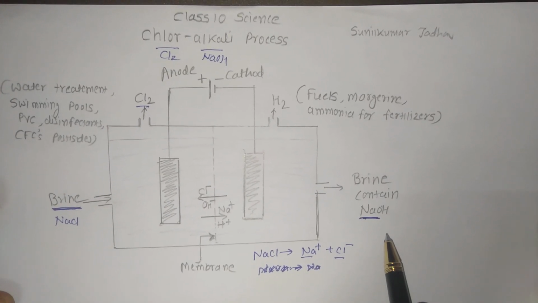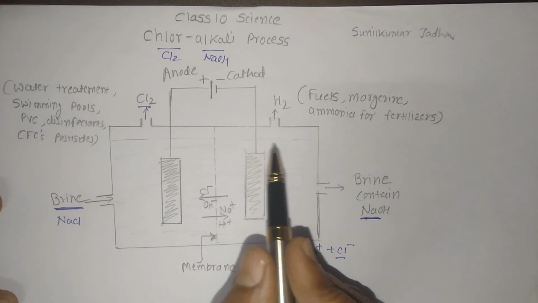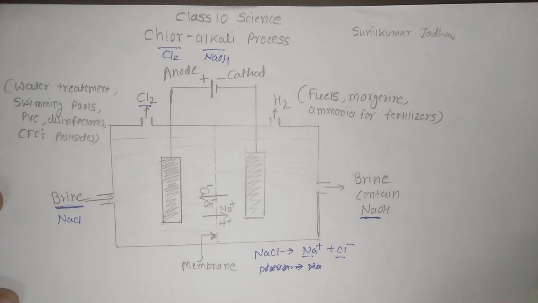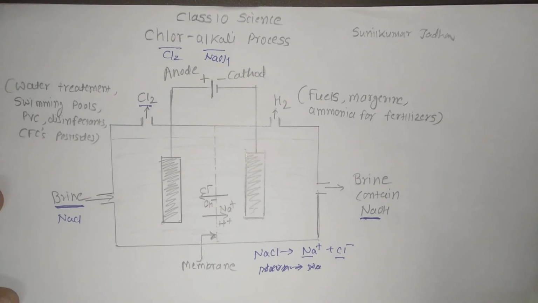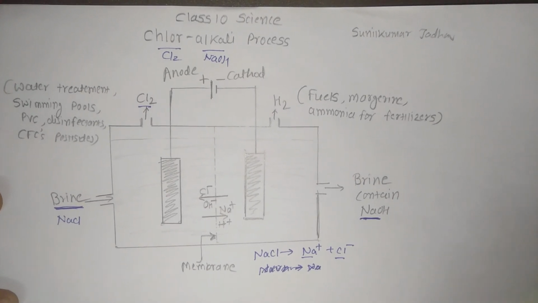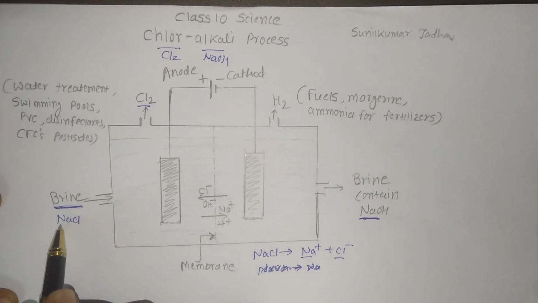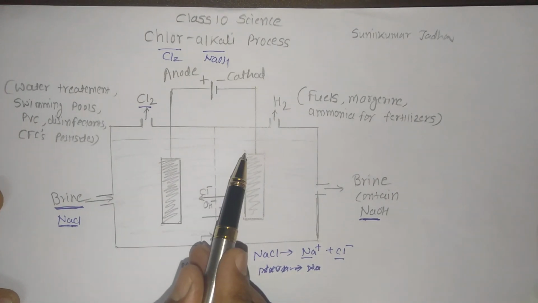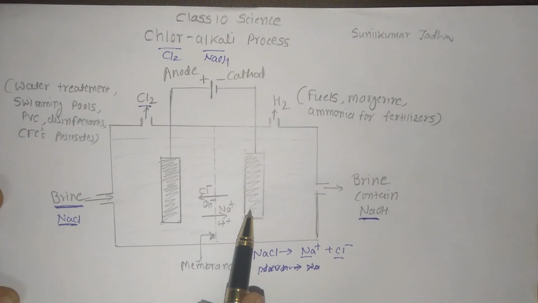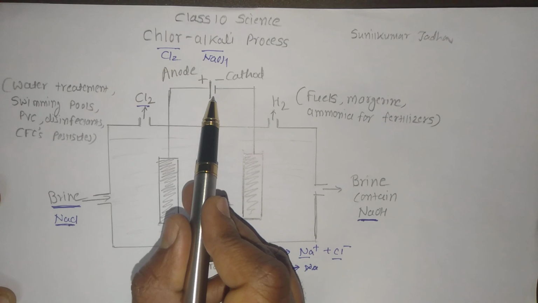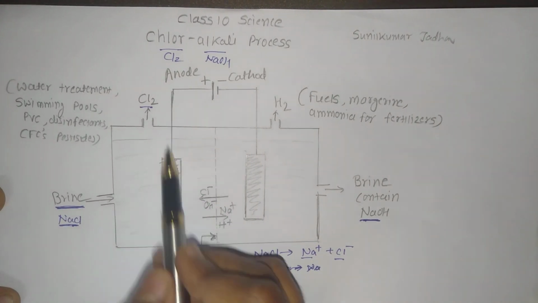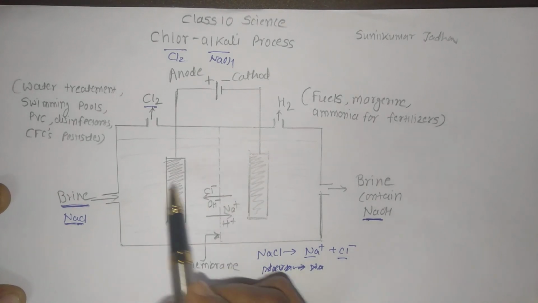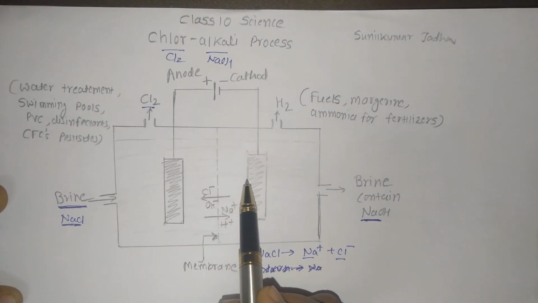What do we do over here? We are passing electricity through a solution of brine. Brine solution is the salt-containing seawater. It is called brine, so it contains NaCl. When it enters, you can see this is a tank into which it is entered. Here two graphite rods have been taken and connected with the battery. The positive part is called the anode and the negative part connected with the battery is called the cathode. Both the anode and cathode are to be connected.